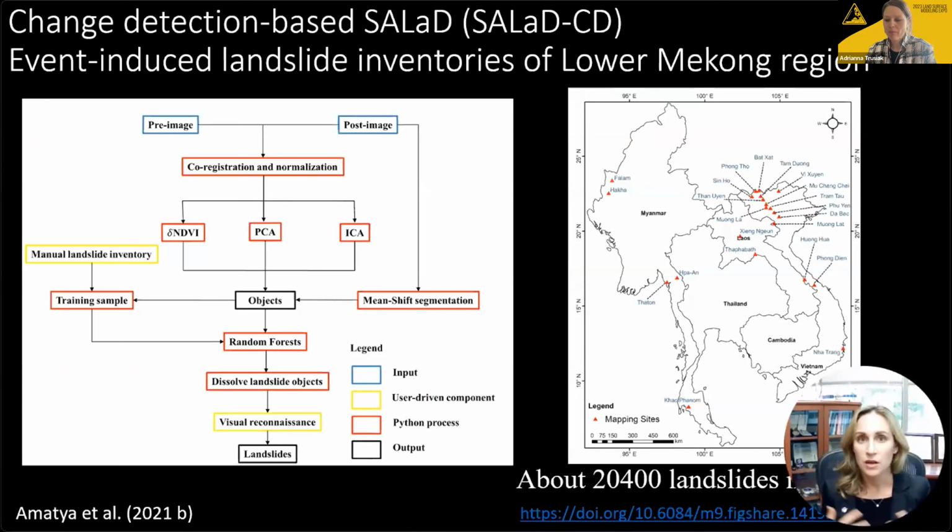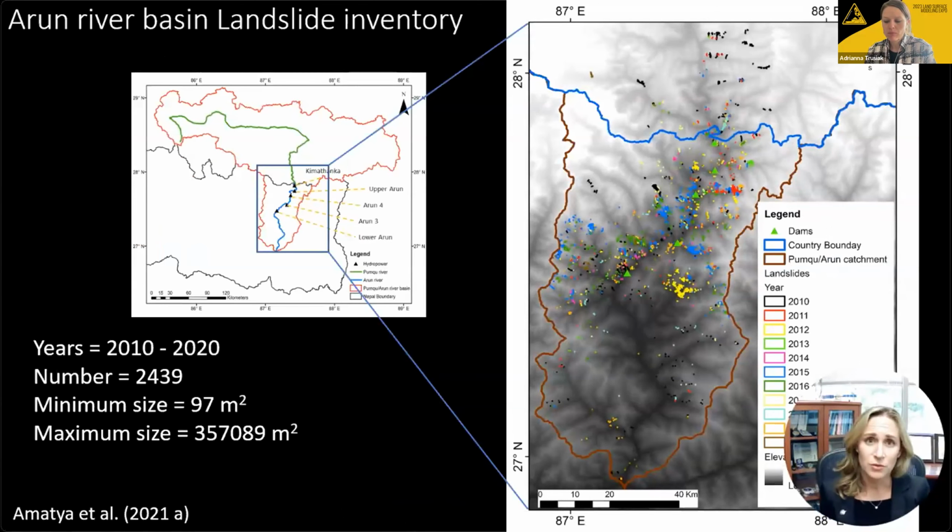Using a random forest model with high resolution commercial imagery, for this specific study, he was able to map over 20,000 landslides from different events across Southeast Asia. And he's used this to look at events from other locations as well. One advantage to this is that we can look over time, so create that multi-temporal view.